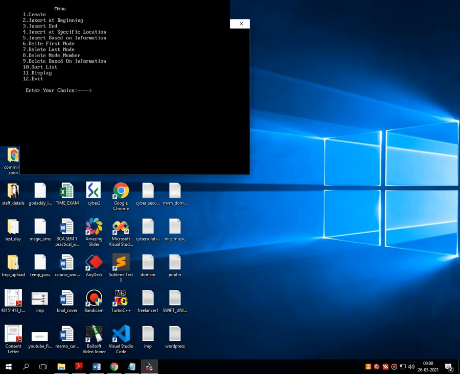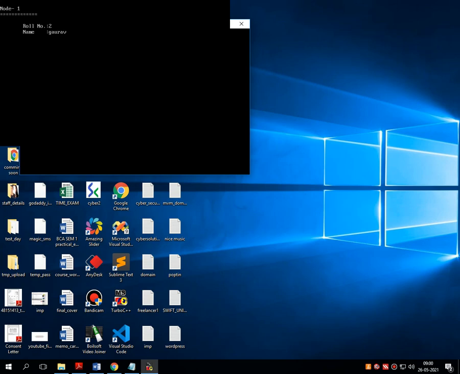Now what happens? If everything is proper in my program, 5 nodes are created with some information. Yes or no? Obviously yes. So let's first display it. Display selected. My node number 1 contains the information roll number 2 and name Gaurav.